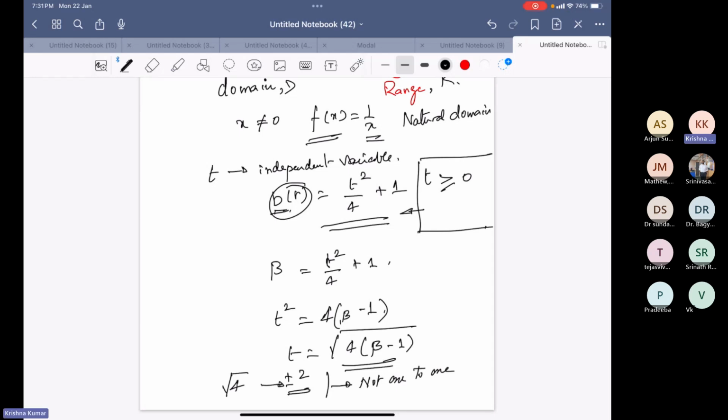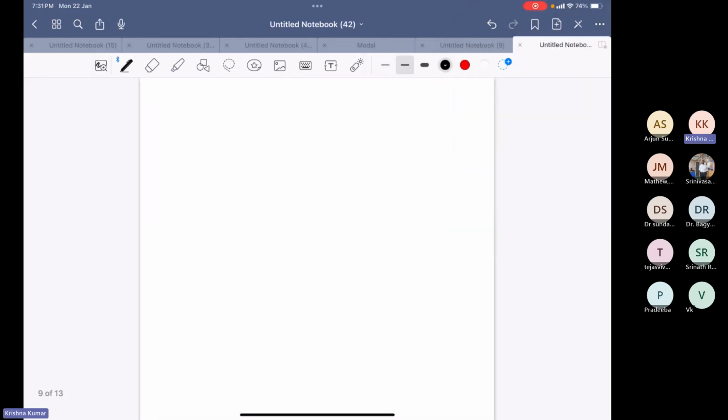It is not 1 to 1. So, in other words, what does this mean? This means that I have my domain, I have a value of 4, and that's the range to which I'm going to go. So if, as usual, I express my function by means of some arrow, from 4, I can go to plus 2, or I can go to minus 2.